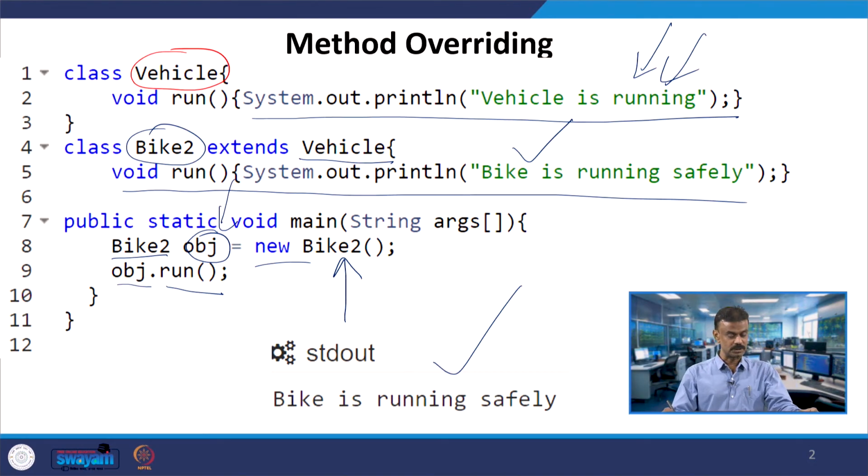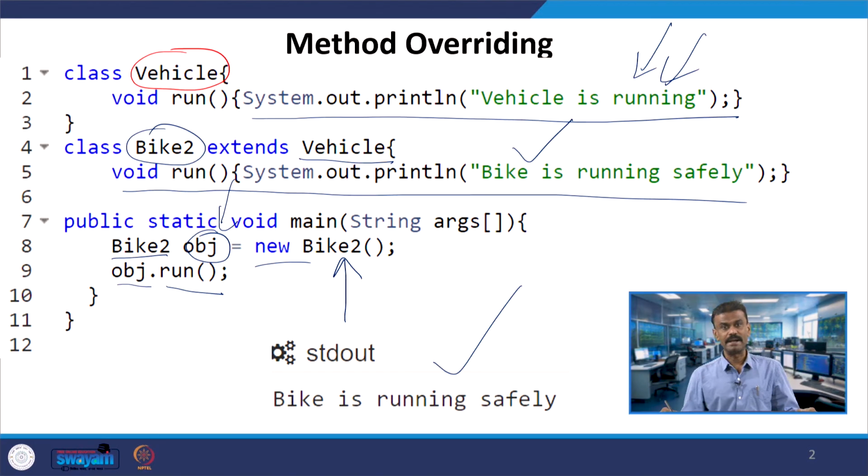You may ask the question: when I write Bike2 obj equal to new, can I do Vehicle, or the other way around, Vehicle under Vehicle I have obj? All these cases we will discuss. When you have the same method name run in both the superclass and the subclass, you can see which one will be invoked.